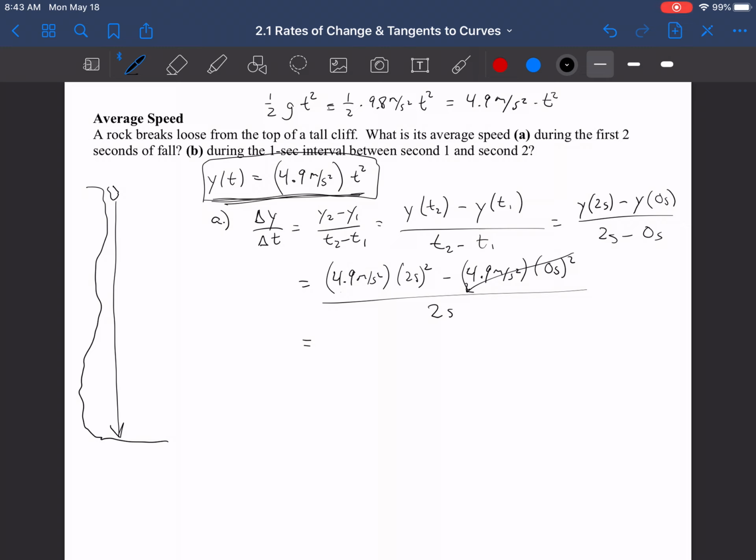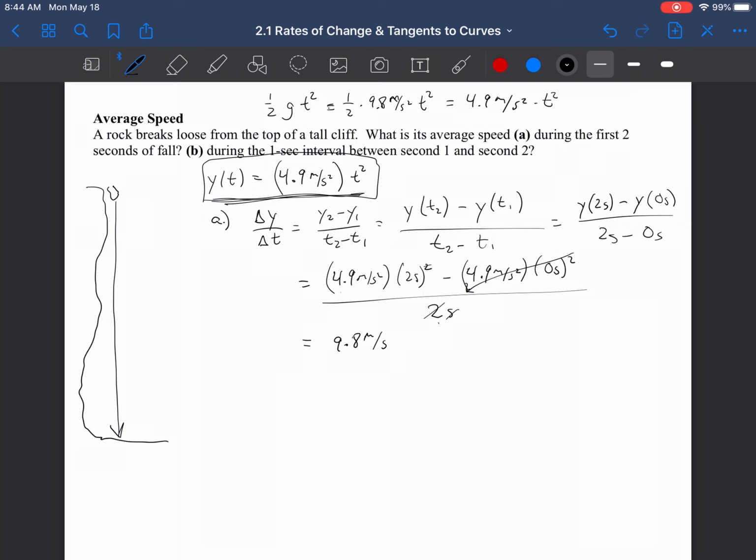We have 4.9 times 2 squared divided by 2. So what we can do is cancel out one of the 2's, so it's not squared anymore, and one of the seconds to get rid of that second squared. And so we end up with basically 4.9 times 4 divided by 2, ultimately 9.8 meters per second. So in the first 2 seconds, we have an average of 9.8 meters per second,